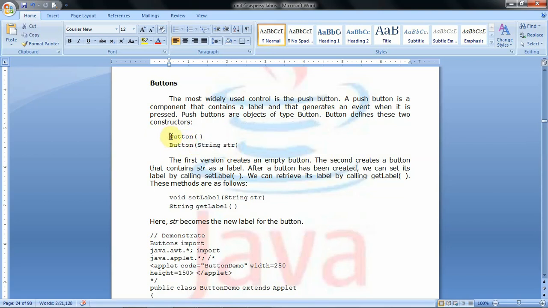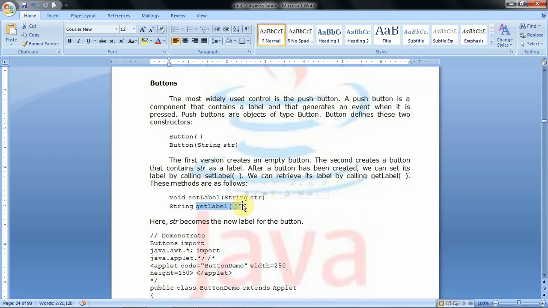The first one creates a button without any caption or label. The second one creates a button with the specified label. Then two methods, setLabel and getLabel. The setLabel method is used to set the specified label for the button. The getLabel method returns the label attached to the button.